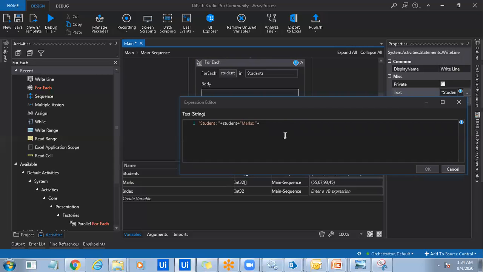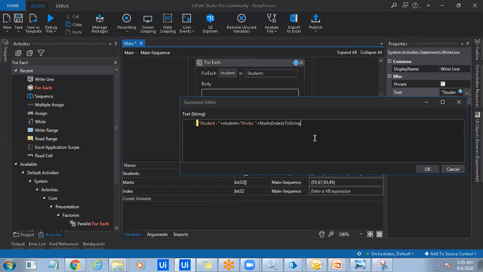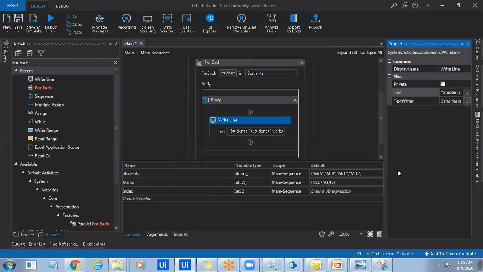So marks of index, I'm using the index of the students array to pick the corresponding values of that student from marks array. So dot toString, because it will result in an integer because you are picking the values out from an integer array, right? So that needs to be explicitly converted into string. Yeah. Click OK and